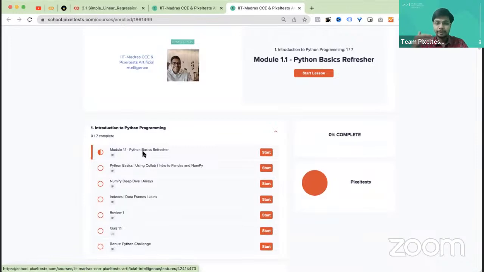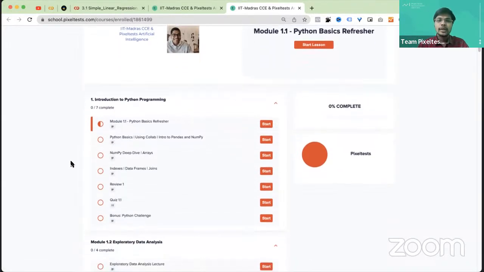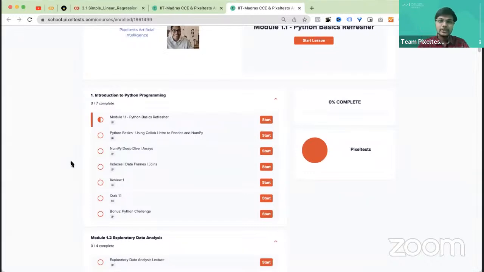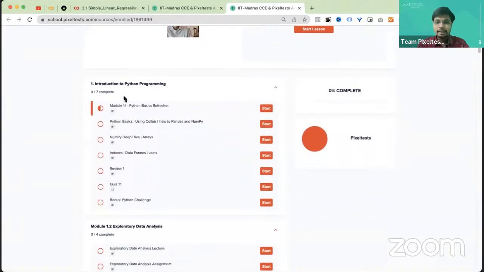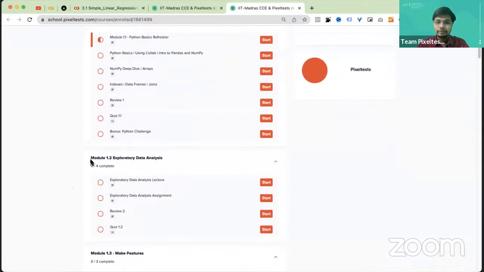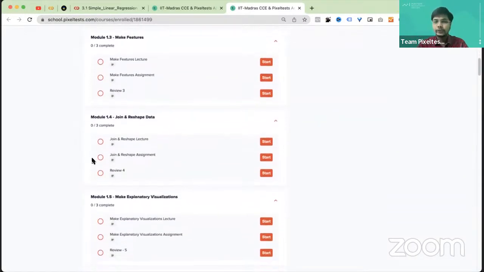If you are familiar with Python basics, you can fast forward and move into the next sessions, right? These are the primary lectures, covered by the primary faculty, either Jain sir or Rajiv sir. You can see that these are all covered from module 1, and we keep continuing, module 2, module 3